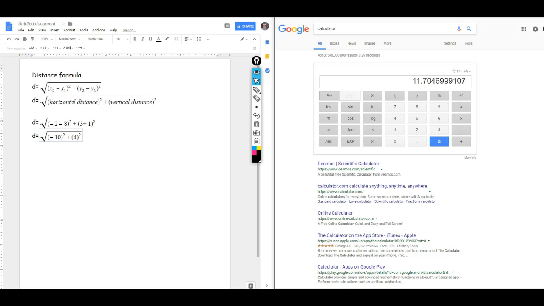So when we jump over to our calculator, we can do this in 2 steps, or we can do it all in one. If we're doing it in one, please make sure that you add another set of parentheses. So that can be the parentheses around the negative 10. Close that parentheses just like it is in that formula. Square it. Plus another set of parentheses, 4. Close parentheses and square it. The reason why I'm having you add in these parentheses is because the calculator doesn't know that they are there. So when we hit enter, it gives us the distance is equal to